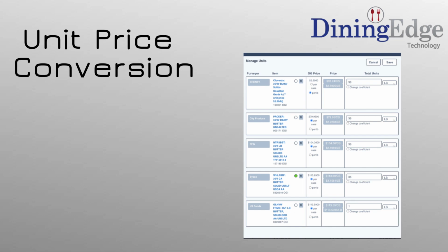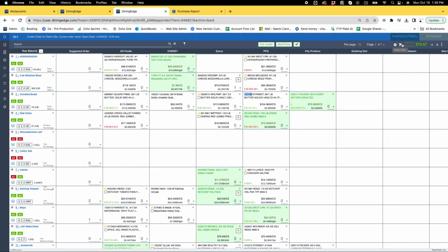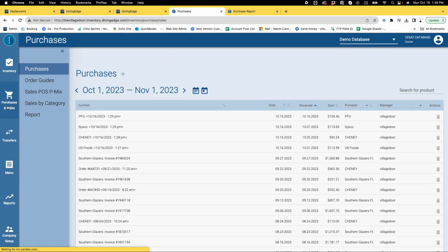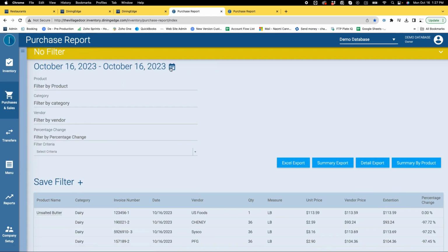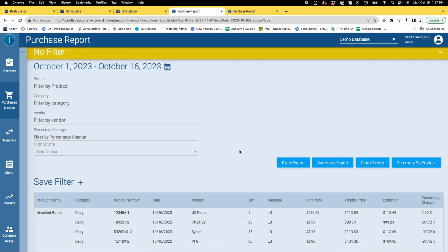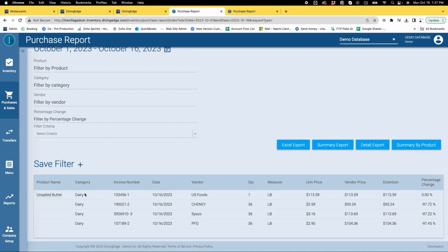To review your product pricing, you can run a purchase report. To access this report, click Inventory in menu, click Purchase and Sales, select a date range. All purchases that are managed in delivered items will appear. When troubleshooting pricing, it is best to run the report for 2 or 3 months. This will then show you the percentage change on an item, and it allows you to easily pinpoint the pricing